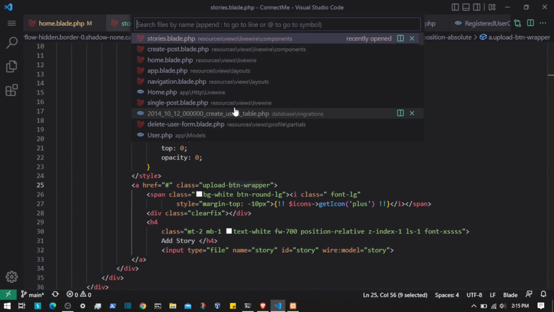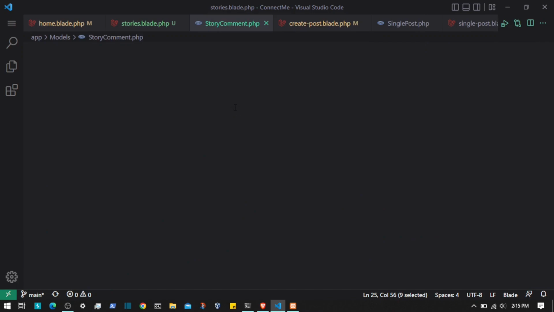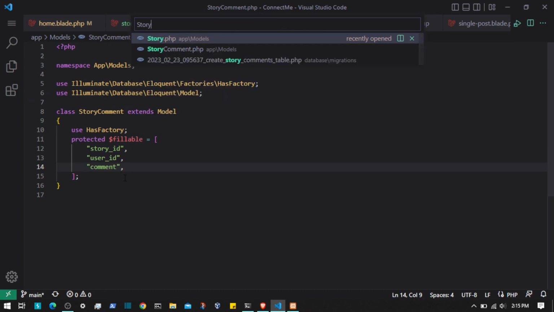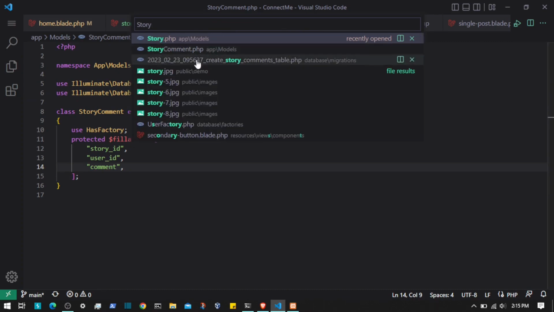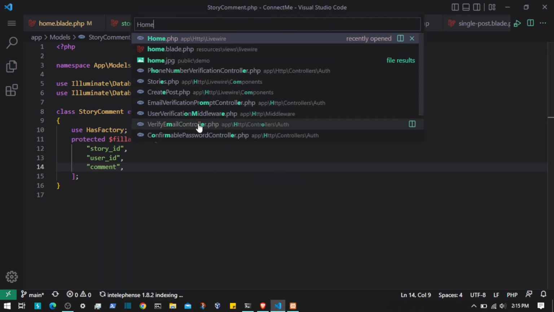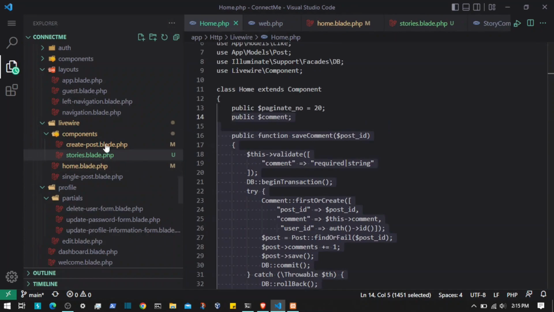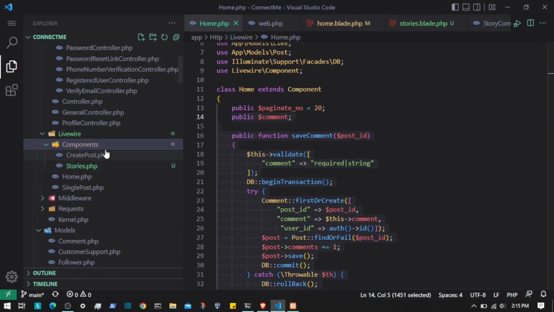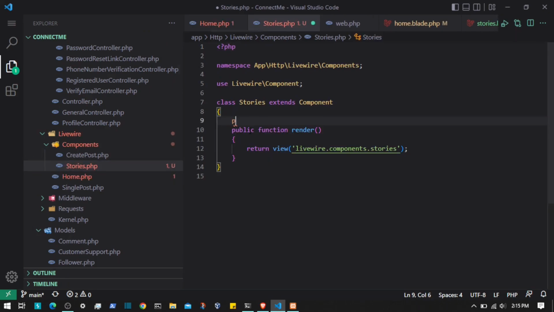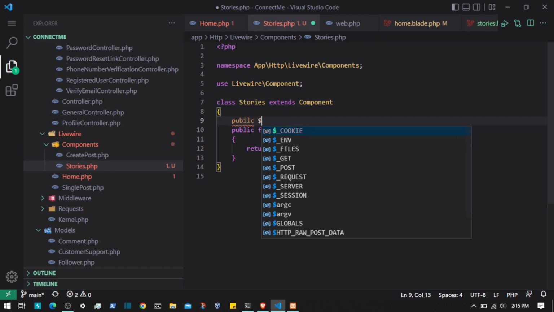component. So if I go to story, livewire component, story component, where is that? Let's go to post home. We will find that inside components and the story. Here we will have a public variable, that is story,